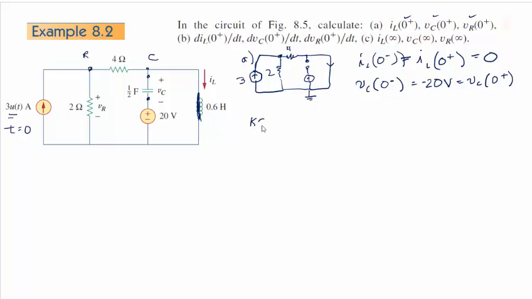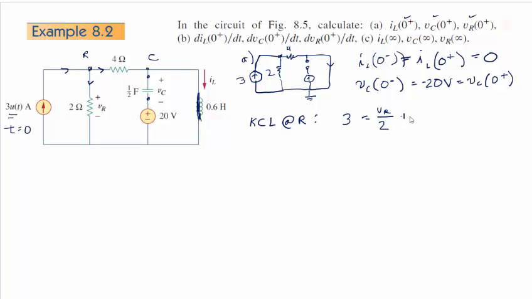So if we do KCL at node R, we get that 3 amps goes in, keeping our current conventions this way. Since this is a voltage drop here, current needs to go that way. That's our convention. And I chose to make this one this way, even though I don't really know, just because I have IL defined in this direction also. But I suspect that this is also going to be a voltage drop. It just makes sense.